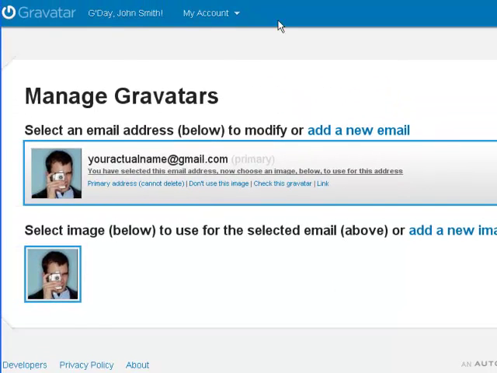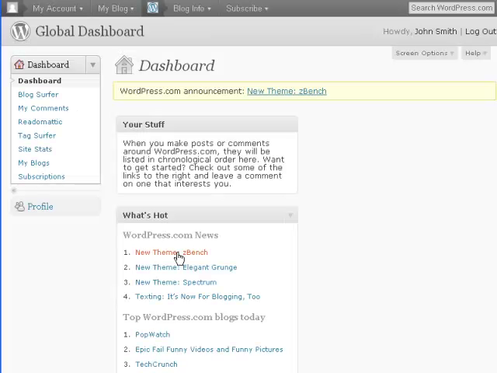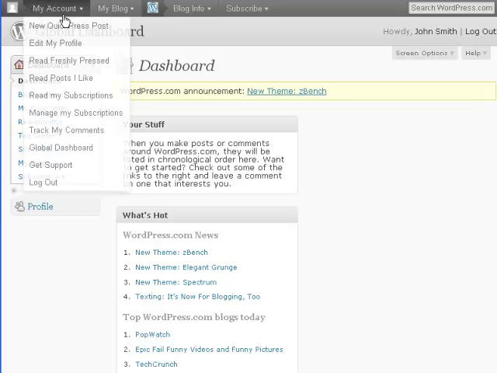So the other way to do it, of course, is to log into your WordPress.com dashboard. And by the way, this is going to pop up with your Gravatar now. But the other way to do it, like I said, is your WordPress account dashboard. Now, Gravatar is a service that is owned by WordPress. So it's both highly and tightly integrated. So if you log into your WordPress.com profile